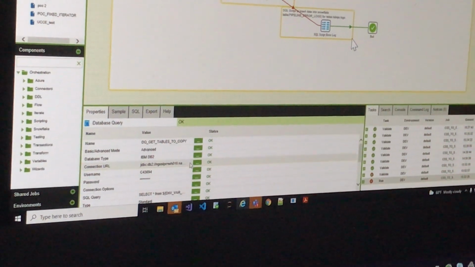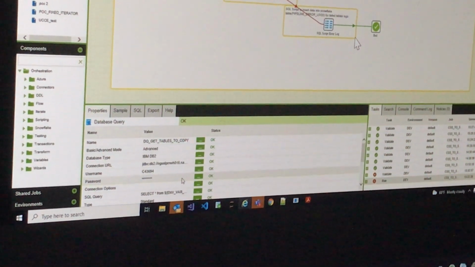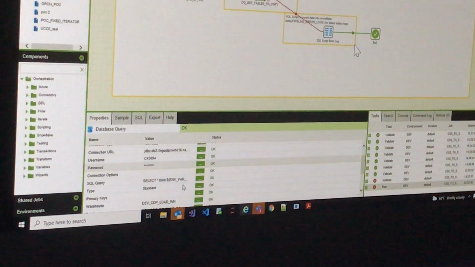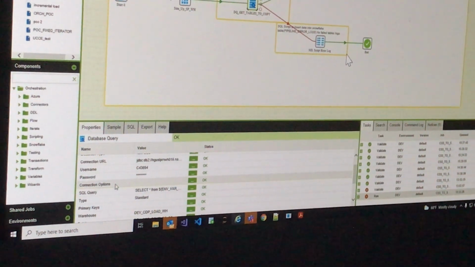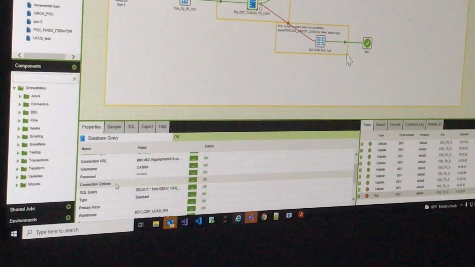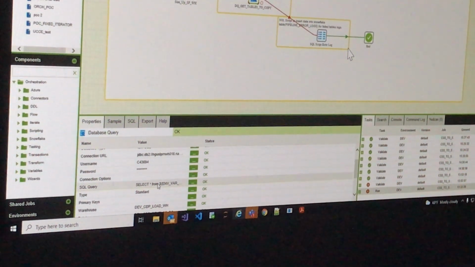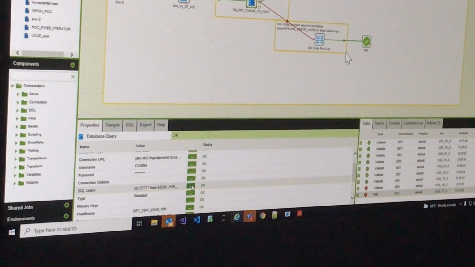Are you aware of the connection URL? Yes, somebody will get it for you. Then username and password. The connection option is for if we have some restriction or something like that, then we have to provide it, but we don't have anything here. So in the SQL query, what I am doing,